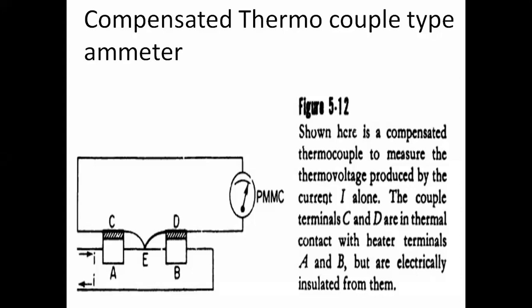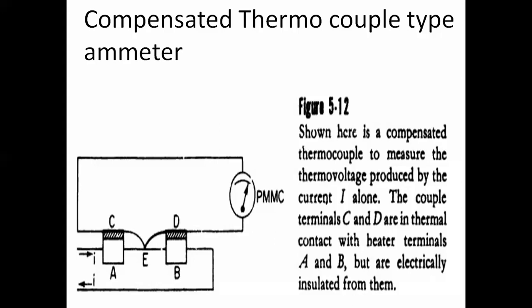Similarly, there are errors of the instrument while measuring the parameters or variables. So some errors will be there. Those errors are systematic errors, instrumental errors, dynamic errors, and like this we have observation errors.